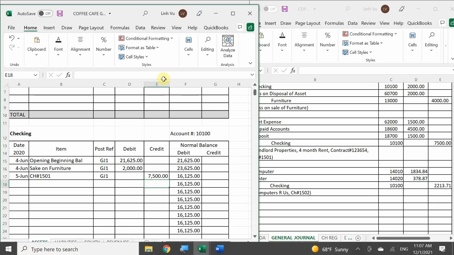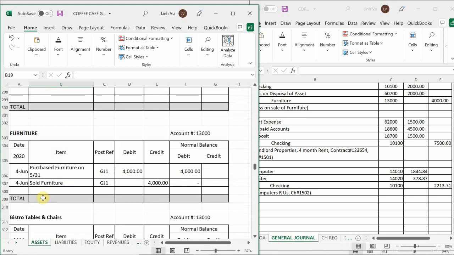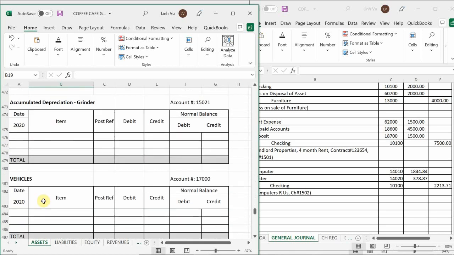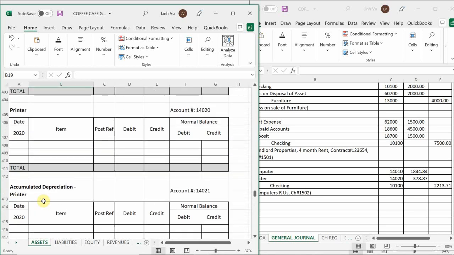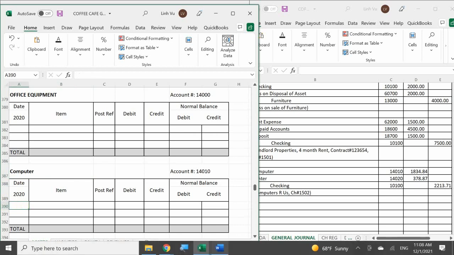Okay? So first thing I acquired was a computer. I'm going to scroll down and locate my computer, which is considered office equipment. So here you go. My computer is here. Okay, computer, account number 1410. And I'm going to go ahead and indicate that today is the 5th. I keep writing the 4th. Okay. What do you want to add in here? You can say what the original sales price was, which was $1695 plus